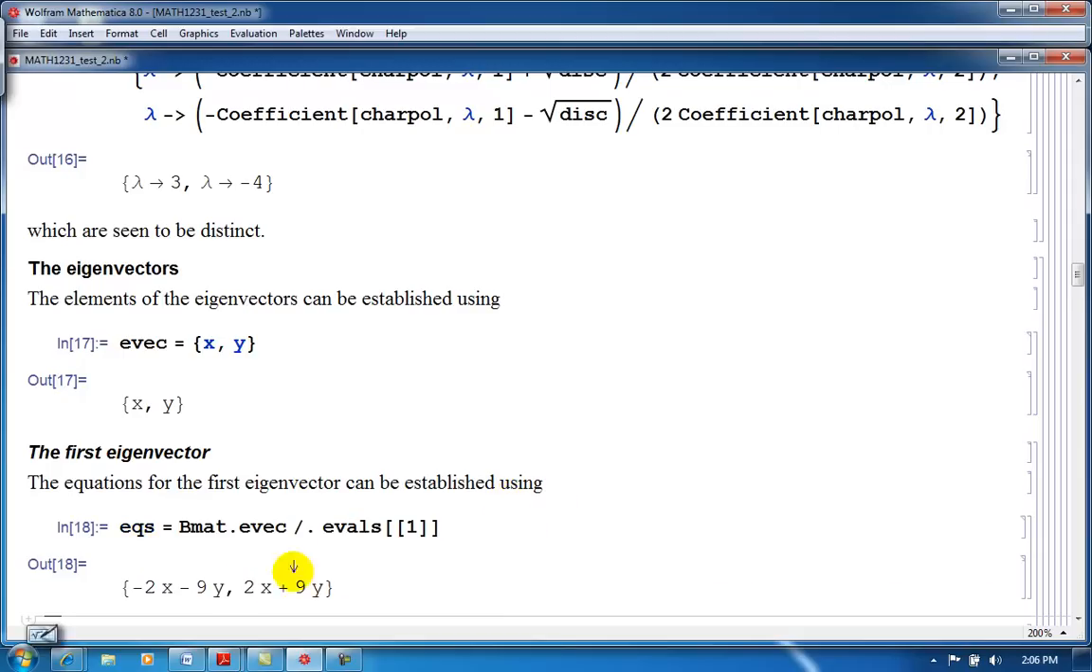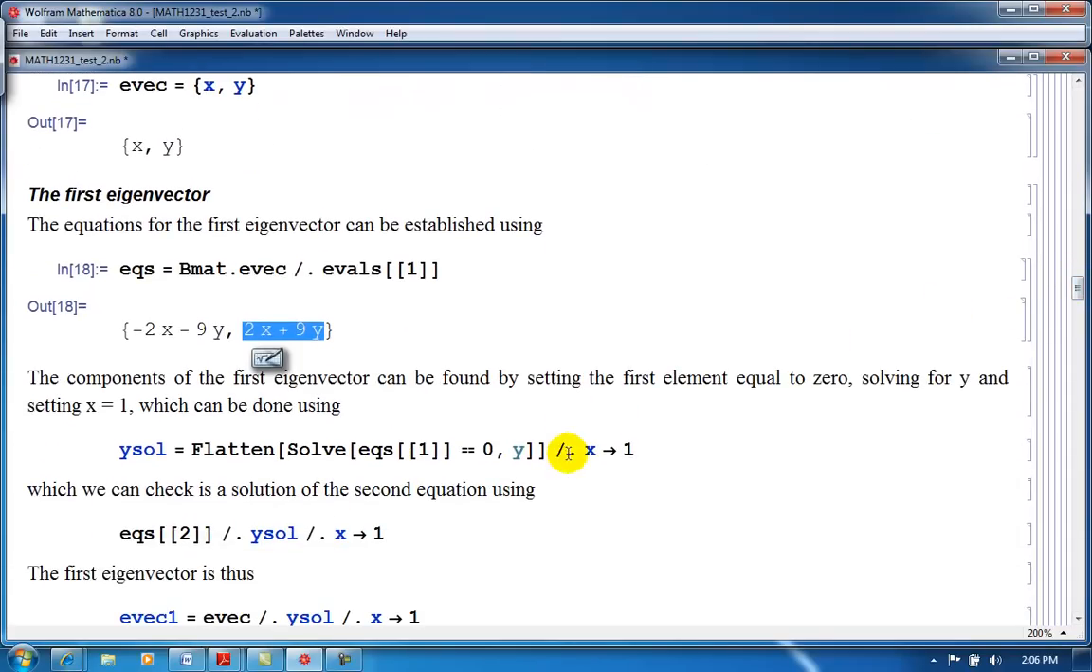And there it is, and we can see that this first equation here is the negative of this one, so that looks good. And so we can find the components of the eigenvector by setting the first one equal to 0, solving for y, and then setting x equals 1, since an eigenvector is still an eigenvector when it's multiplied by any scalar. So we do that using this,